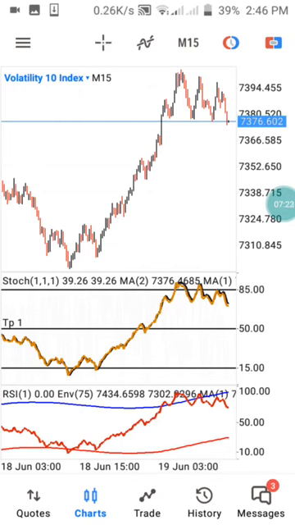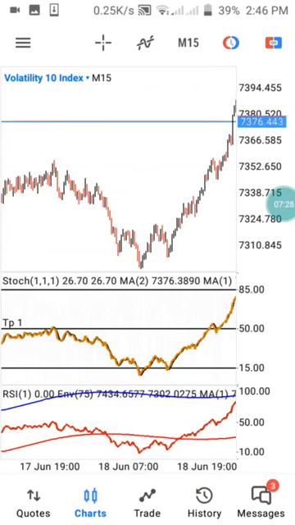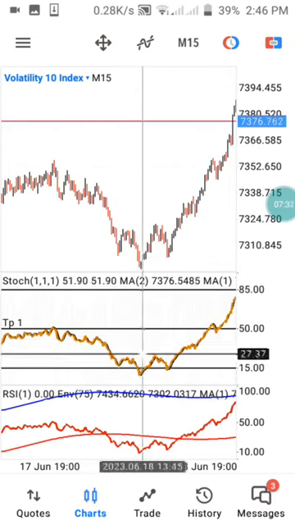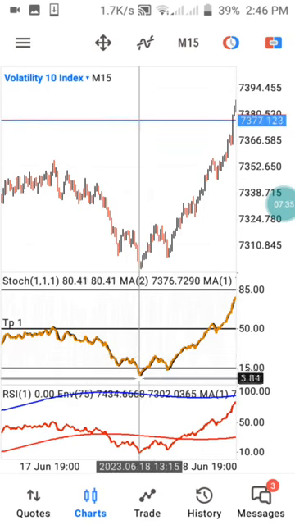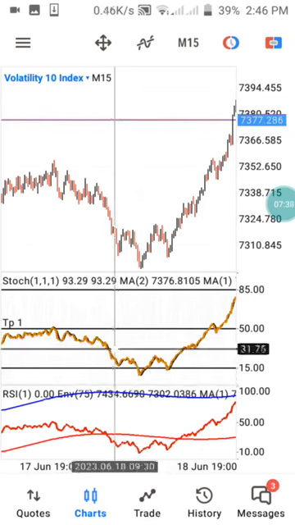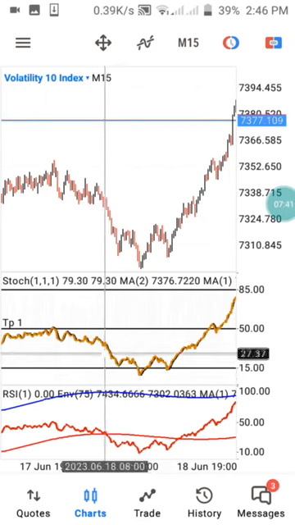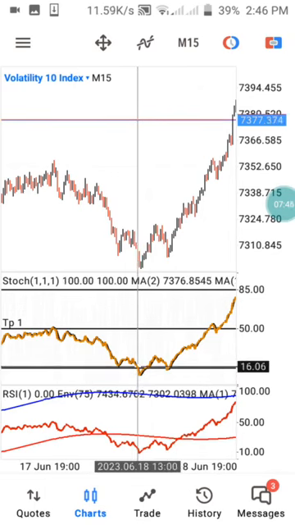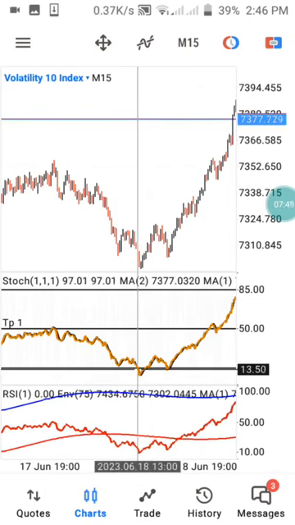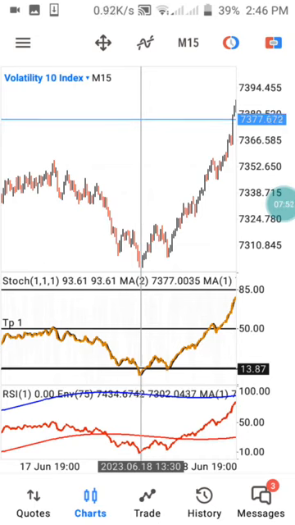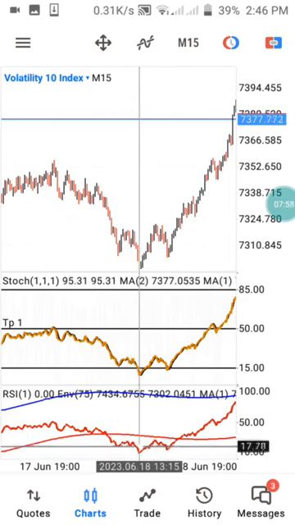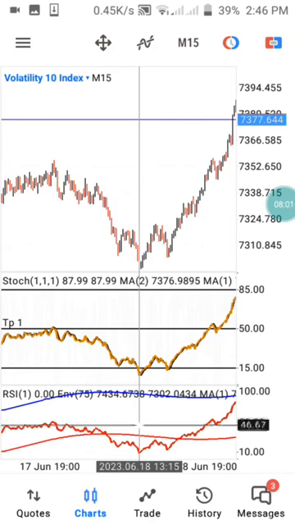So let's check some samples of what we have explained inside this video. You see, the same thing also happens here when you are looking for a buy entry on volatility 10, 15-minute time frames. Inside your indicator window 1, you have to let your two moving averages reach your 15 level. Immediately after they reach your 15 level, wait for indicator window 2 to also have the full confirmation, like what you have inside indicator 1. And once it respects it at this particular level, then this is the right time for you to enter this